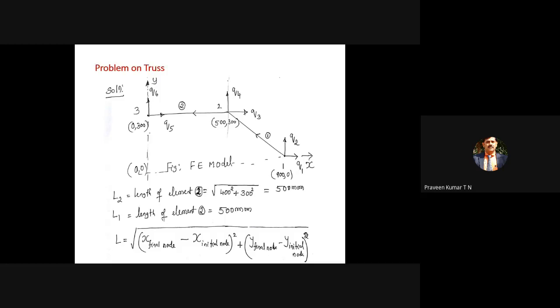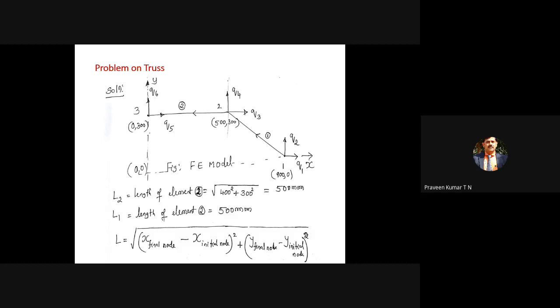When you come to bar problems, there is only 1 degree of freedom. At each node, it can move in only one direction. It may be along the x direction or y direction. I was giving the example of a fan rod. It can move only in the vertical direction, not in the horizontal direction. It is only one DOF. But when you come to a truss, there are 2 DOF for each node. Both DOFs are linear motion or linear displacement.